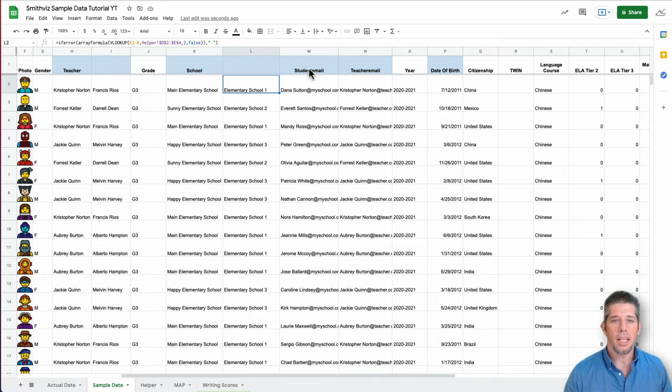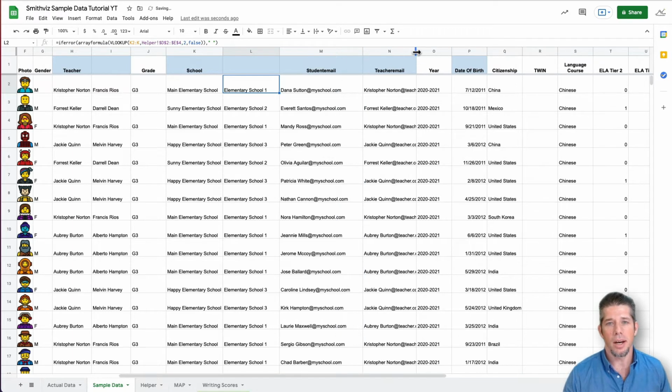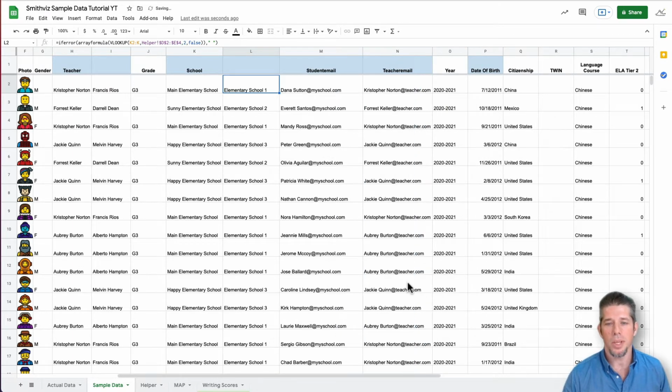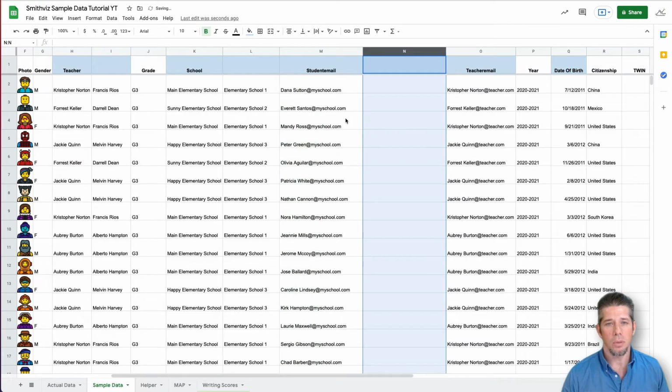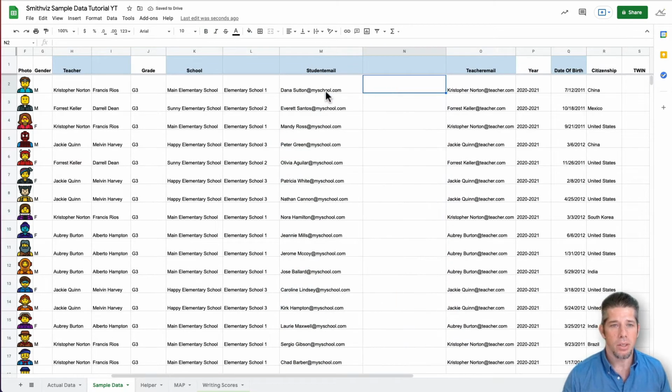Let's take a look at email addresses. So I have some email addresses here, and I want to replace those with pretend email addresses. Now you can see that these are pretend email addresses already, but let's go ahead and I'll show you how to create new pretend email addresses, or the way that I do that. So I'm going to go ahead and click here for my students, insert a column to the right, and with this student here, what I basically do is I use a concatenate formula and I create a new email for